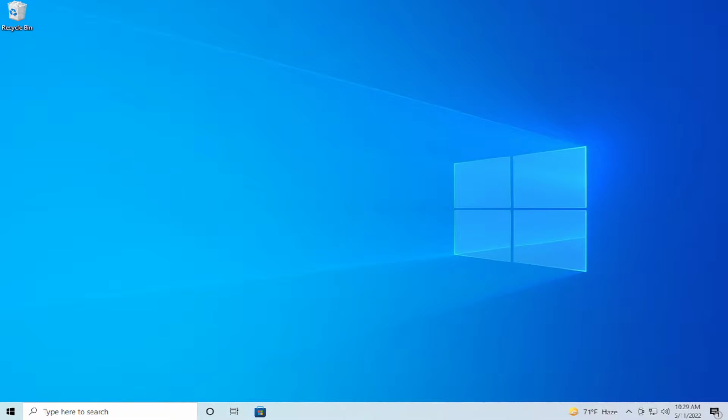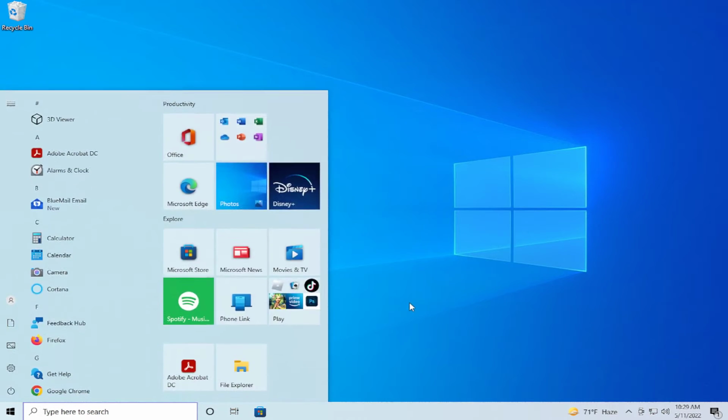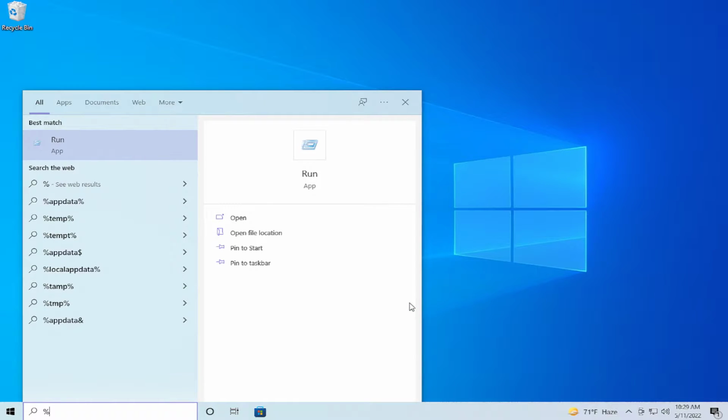In today's video, I'm going to show how to delete the temp files or the temp folder files in Windows 10 and Windows 11. Go to the start menu and search for this folder